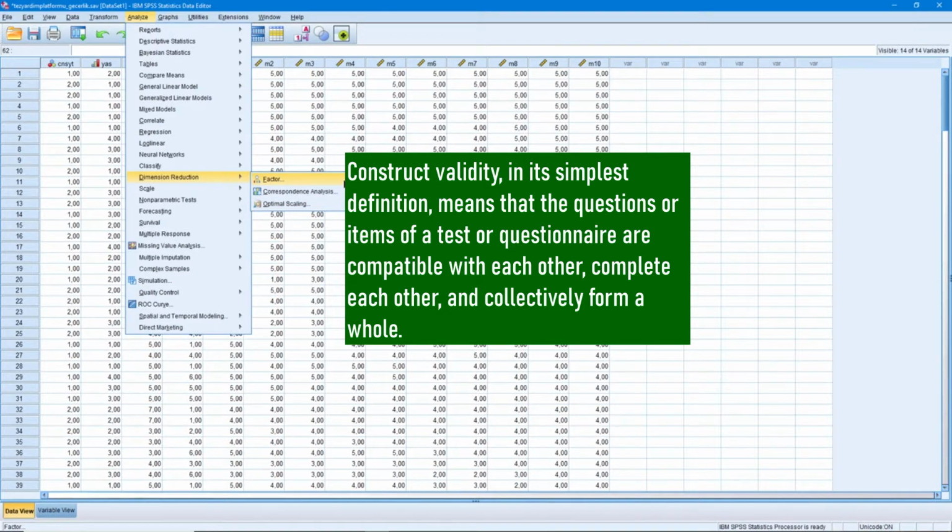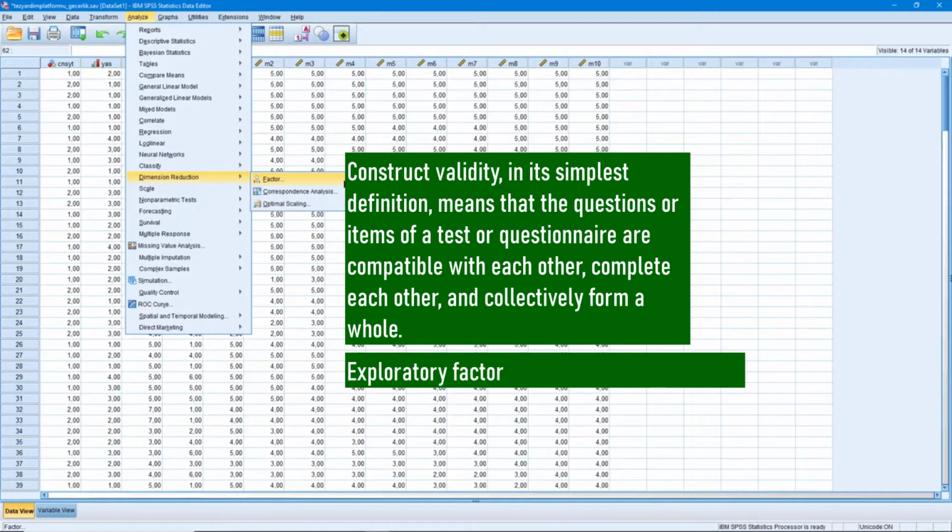For this, we will use factor analysis, which has two types. One is called exploratory factor analysis, briefly expressed as EFA. This analysis is used when the researcher has no information about the factor structure of the items.